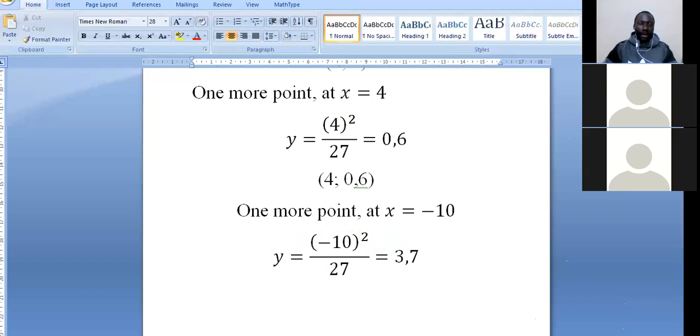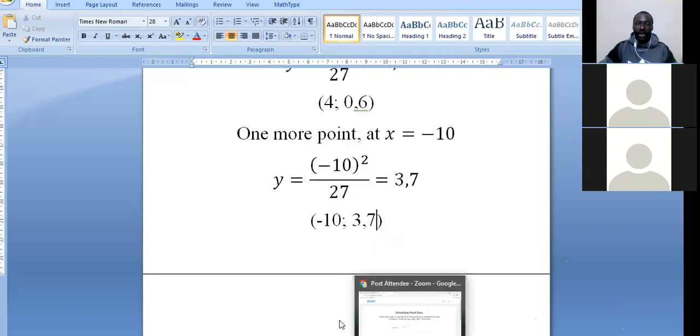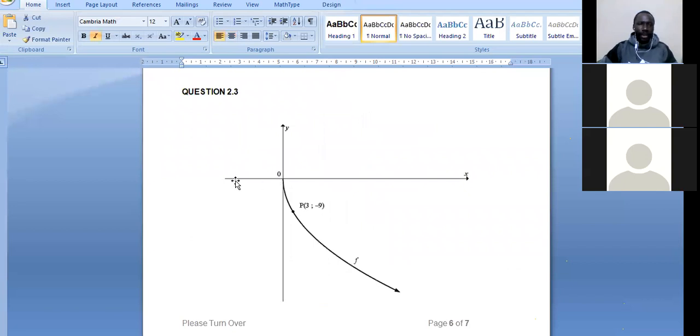Now we have this point, which is going to make things a little bit easier for us. So we have -10 here, and the other thing we have is 3.7. So we go ahead to plot this and see where it will be. Plotting this will give us -10 on this side, and 3.something is going to be somewhere up here. So you now notice that what we get here is going to be a graph which extends like this,